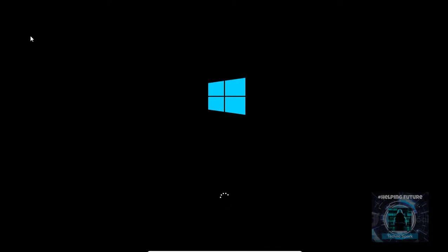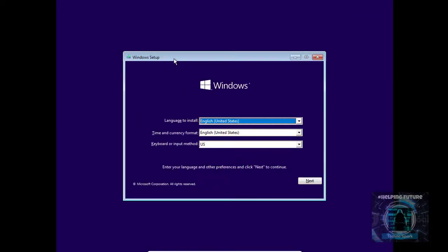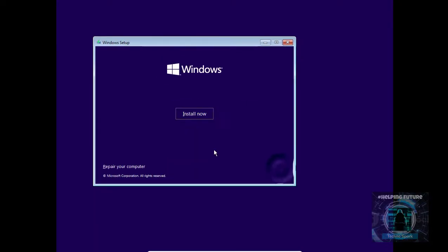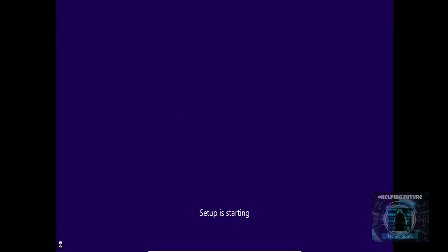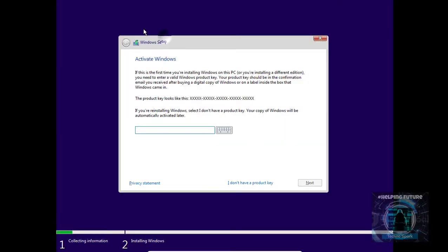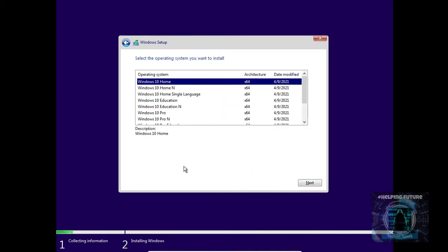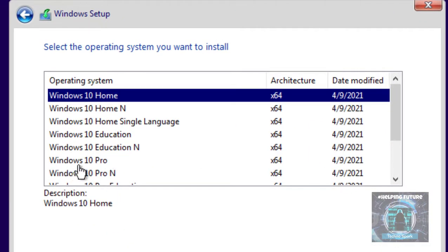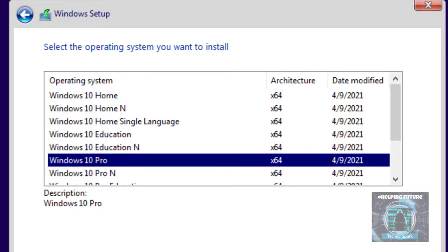As you could see, this is the Windows 10 logo again. I just tried to click on repair a computer, but it eventually led to the thing. So yeah, I'm gonna click on next and install now this time. I was just checking if this is Windows 10 and I'm not installing the 8.1 once more. And I hope so. This is Windows 10 probably. Yeah, this is Windows 10. As you could see, we have the new option. I don't have the product key, which was with Windows 10. And I'm gonna install the Windows 10 Professional, as you can see here, and next